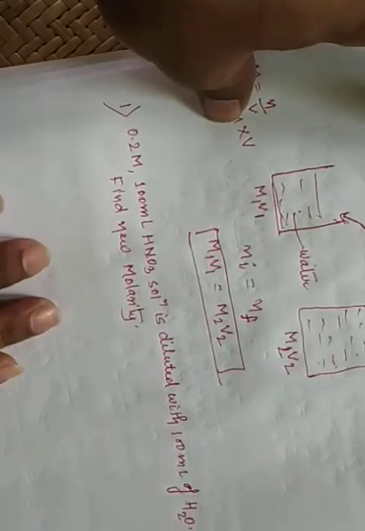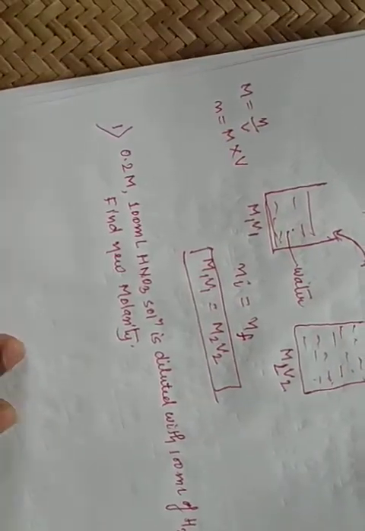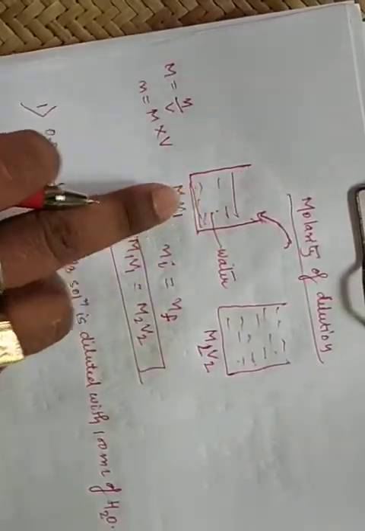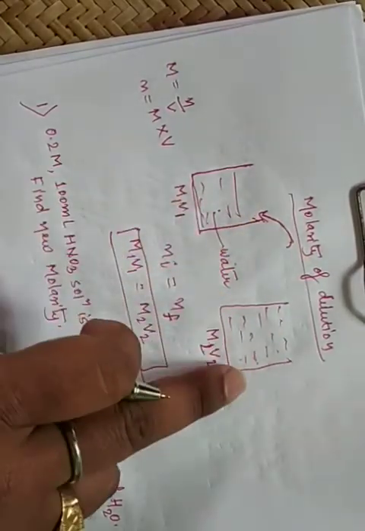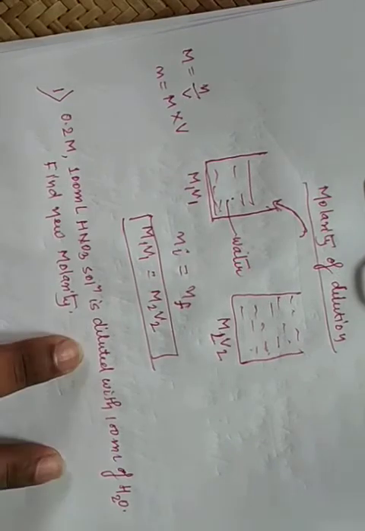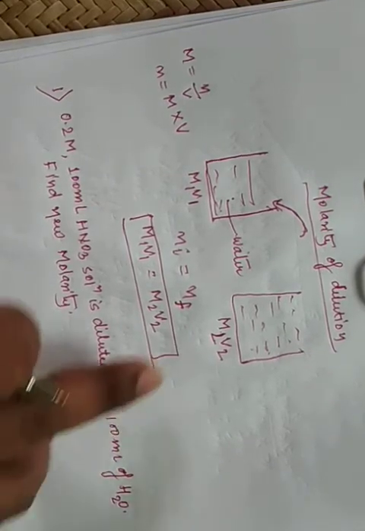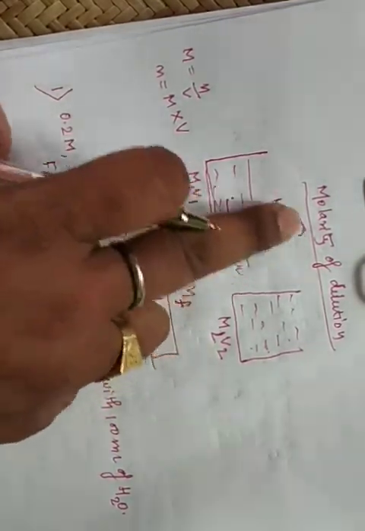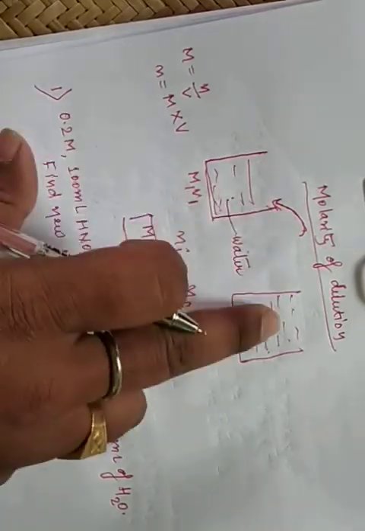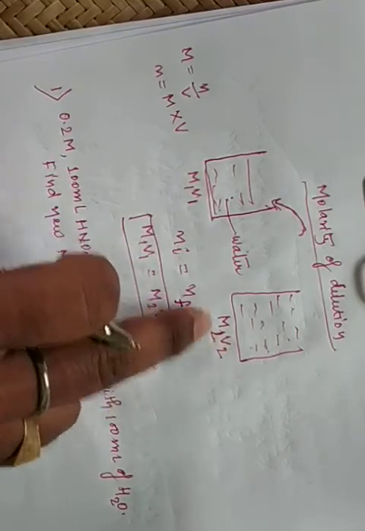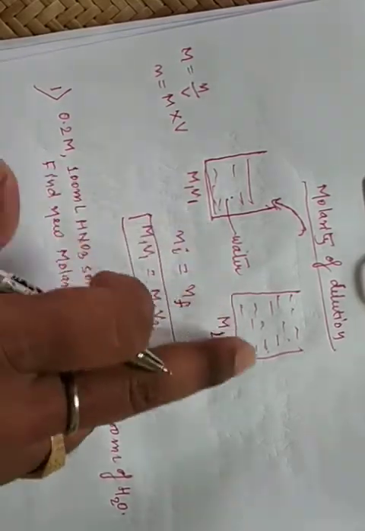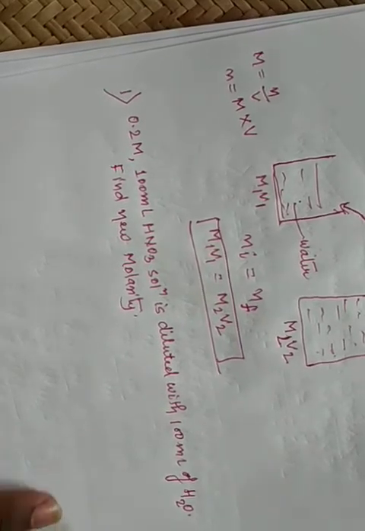So now here suppose in this container HNO3 solution and water is given. After adding more water the concentration is different. So diluted is with 100 ml. Here also we diluted it by adding more water, so this is diluted. There is M1V1 concentration and there is M2. The concentration is different but the number of moles are equal. Clear?